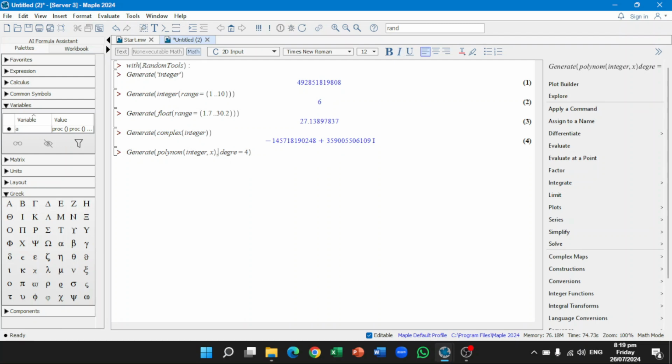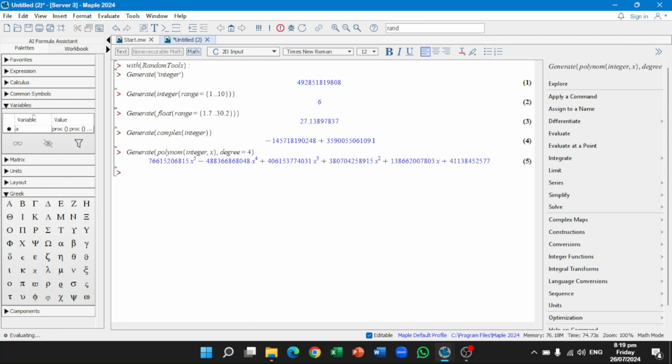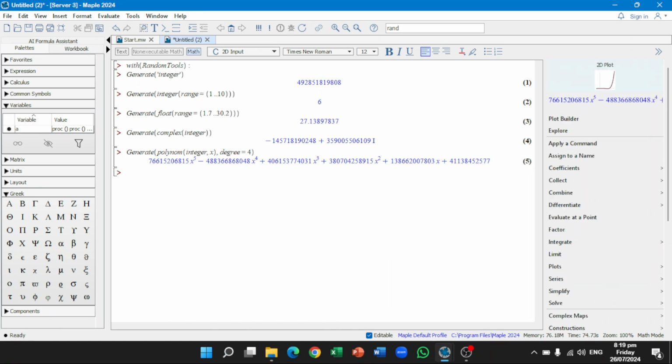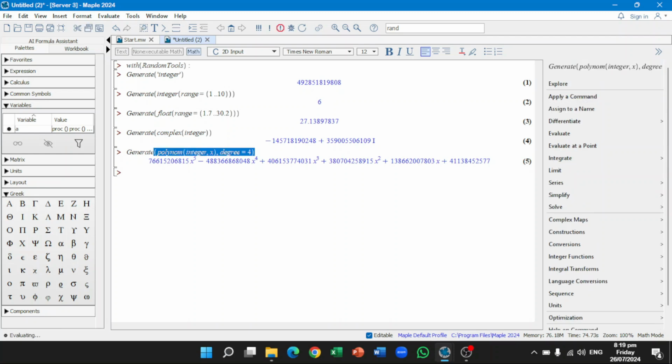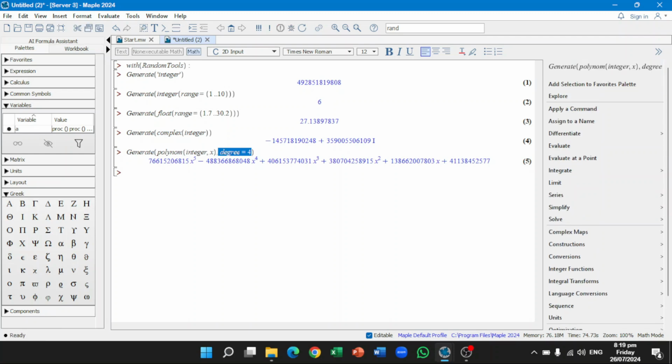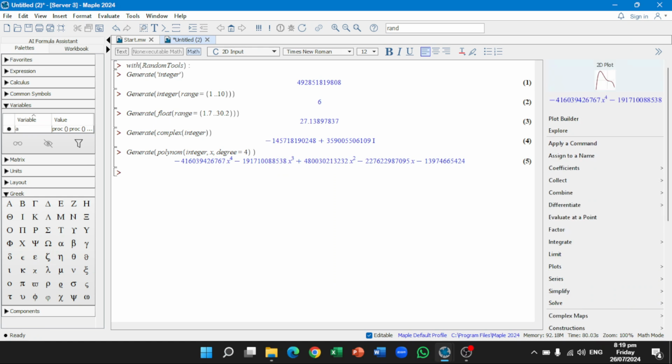Now if I press enter, it is generating a polynomial of degree 5 because I have just specified the degree outside my polynom command. I will put it in, and now we have a polynomial of degree 4.